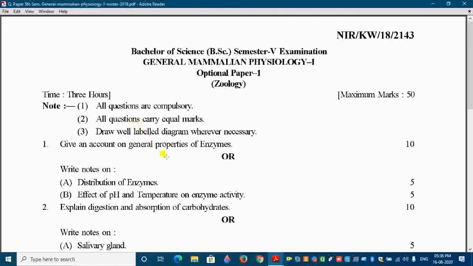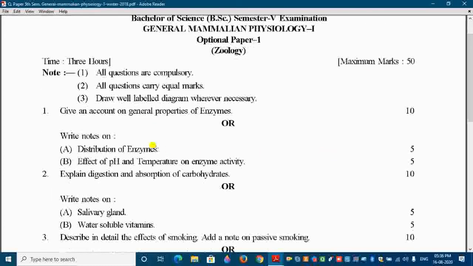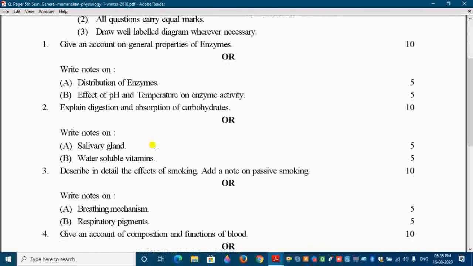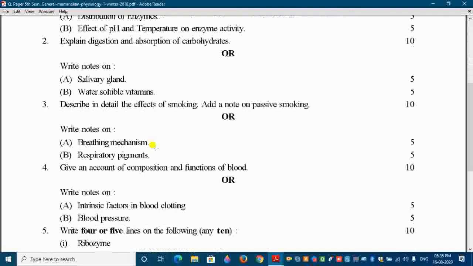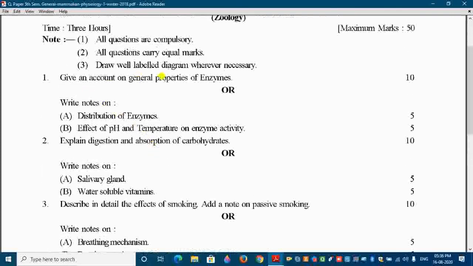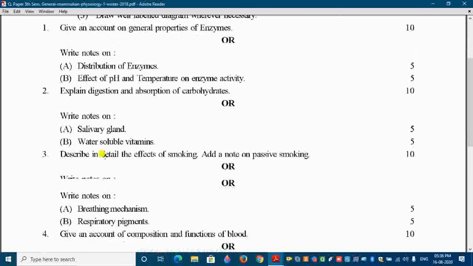And what type of marking scheme is there, we can understand from this paper pattern. So total marks for this paper are 50 marks. Each question carries 10 marks. Now questions number first, second, third and fourth have the same pattern, that is there is one long question and two short questions as the option. So you have to solve one long question, or you can solve two short questions which carry 5 marks each. So this is the pattern for all 4 questions, first to fourth.